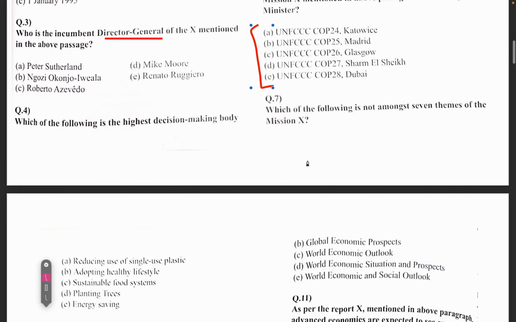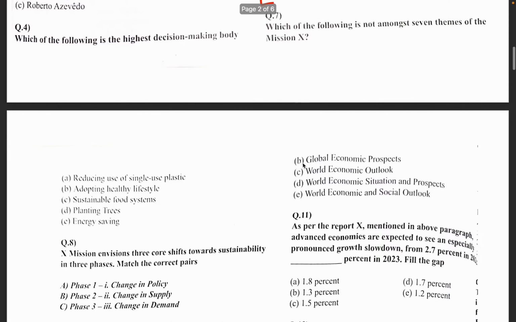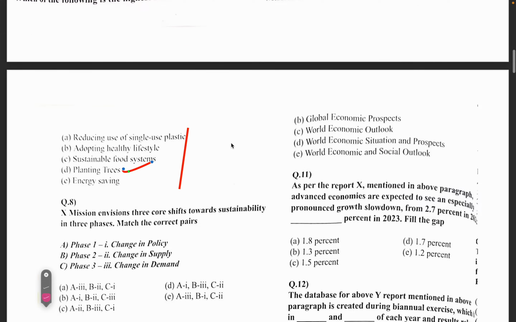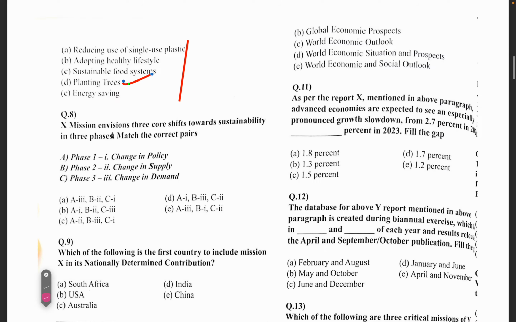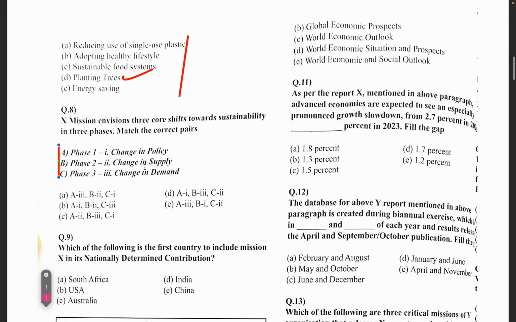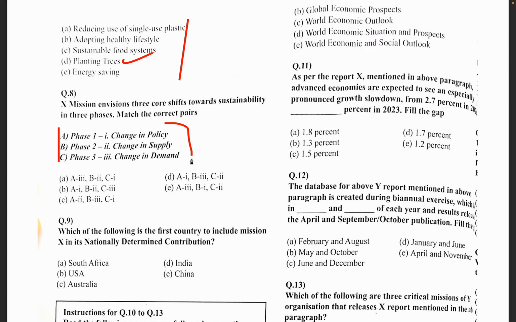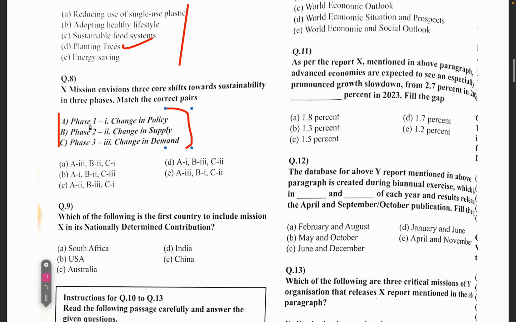Okay, now which of the following is not among the seven themes of Mission X? Again, you should know all the seven themes so that you can pick out which theme is not correct out of these. So again, it's a difficult question. Now coming on, Mission X envisions three core shifts towards sustainability in three phases. Now I'm telling you, I have read Mission LiFE, okay? Still, I know all these are phases, but it is difficult for me to answer this question now, because